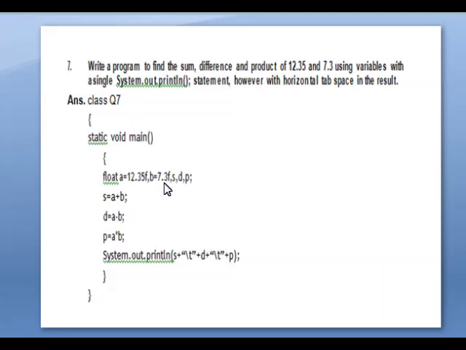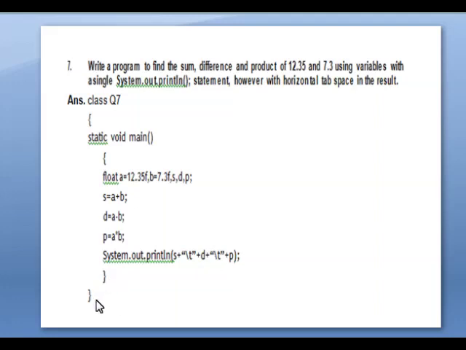Okay, if the given value is a float, that is a decimal value, our answer will automatically be with decimal points. So all the variables are float. Sum also float, difference also float, and product also float. So find the sum equal to a plus b, difference a minus b, product equal to a into b. Now we are going to print all these in the same line with some space. So "sum" plus, within double quotes, the backslash t is here, this means it will leave some space. Okay, then difference, then space, then product, then close all the brackets.